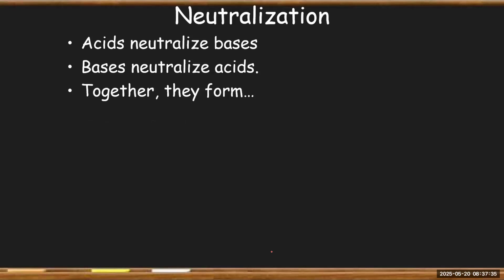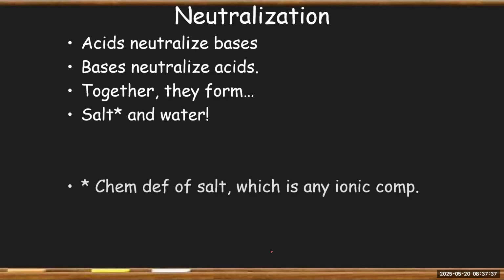But be careful. When they say salt, it's a chemical definition of salt. It's not literally sodium chloride. That's what everybody else in the world thinks about when they hear the word salt. But for us, salt means anything ionic. So salt could mean